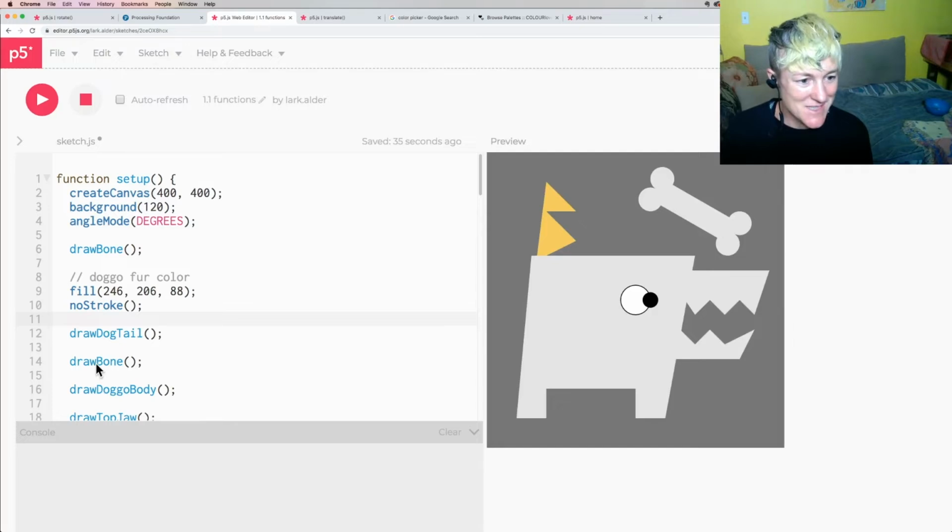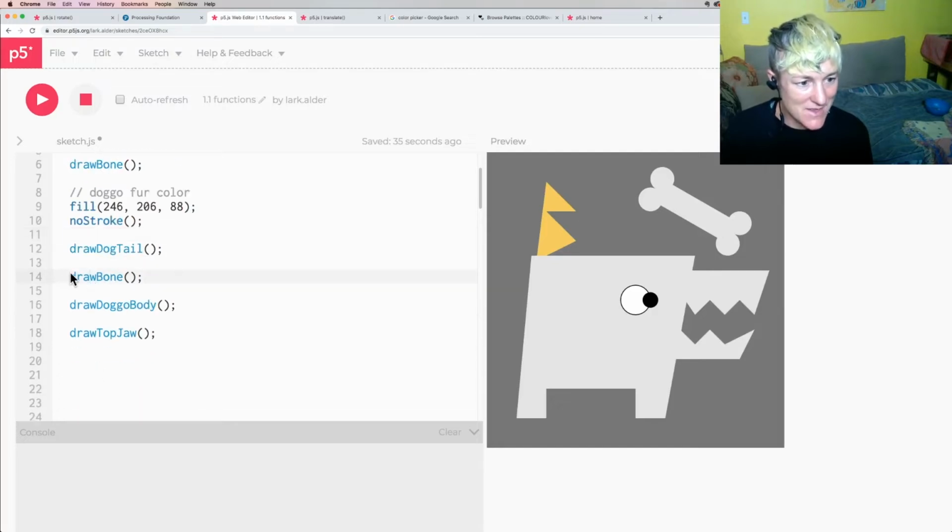Okay. So now what's happened is that in draw bone, in this function, it has changed the fill and the stroke color to be the same as the bone. So now we see the draw dog tail as having this dog color, and then as soon as it draws the bone, everything else has this bone color. So you could remedy this in a couple different ways. You can just keep these very organized in how they're executed, or you could set the fill and the stroke